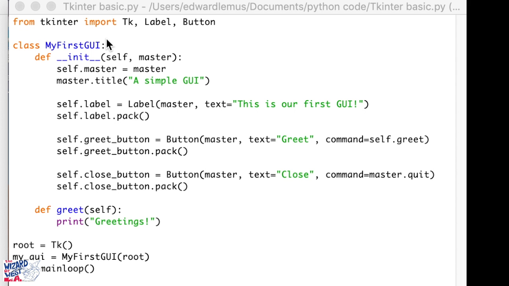If we look at the code, which is right here, I'm going to have the code available on the website wizardofwestla.com. You can see a class is made called My First GUI, and it has some definitions. You can copy this code. This is the title. Here is a label. And you can see it has two buttons, a greet button, and we'll go through this in another video, some definitions of this, just so you can get an idea of how to use it. And here's a close button,